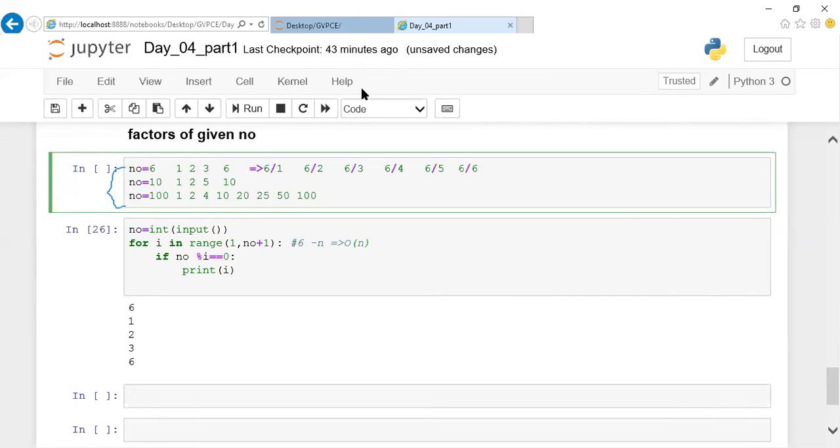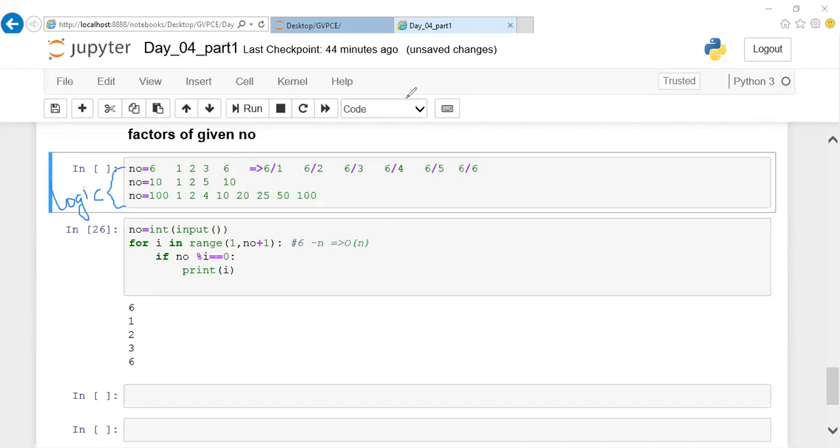So what is the similarity here? What is the similar logic? I'm speaking about logic, guys, I didn't speak about the values. What is the similar logic in all those three inputs? Can you find some similarity among these three sets of factors? One and two are common?